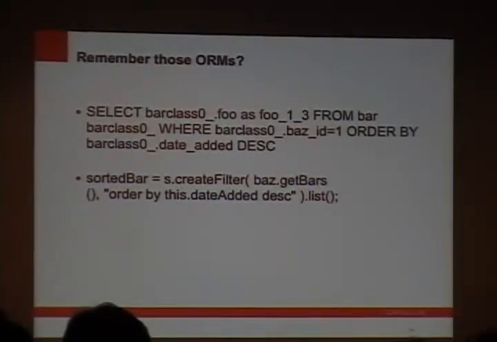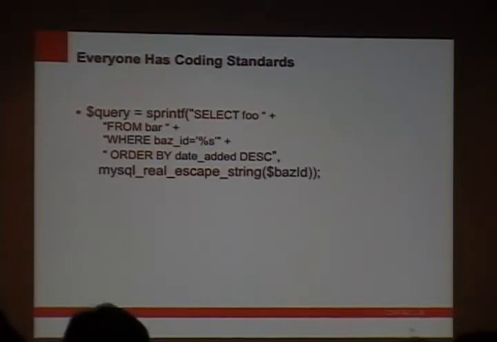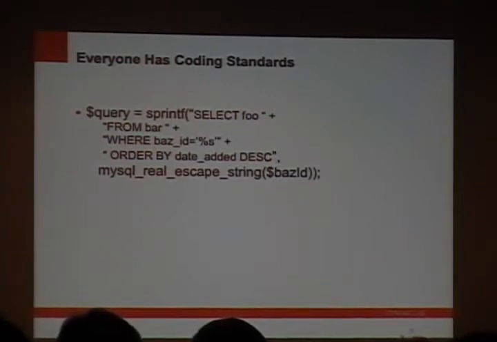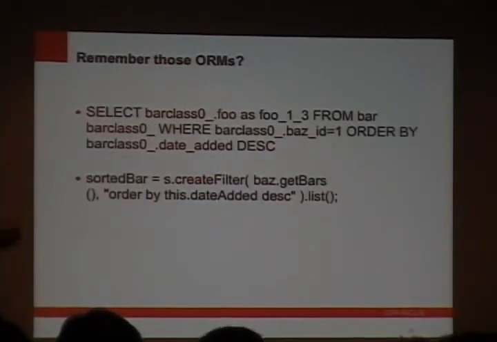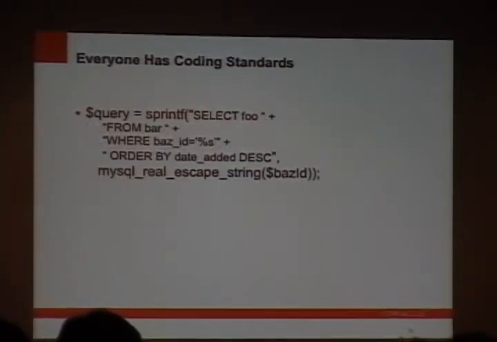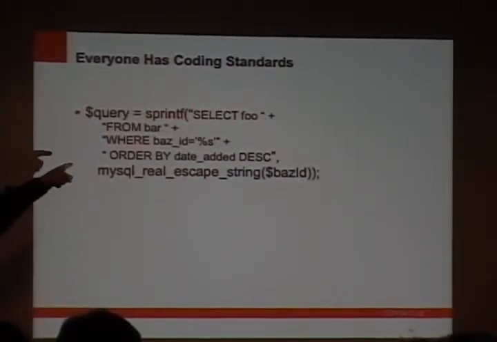And not to pick on ORMs. We use one in our product. It's great. It solves a lot of problems for us, but everybody has coding standards. You're using PHP, you make the query, you sprintf into it. It's broken up over multiple lines because of your formatting rules on your team. Okay, so how do you get from, well, the easier version of that to that? How do you find in the